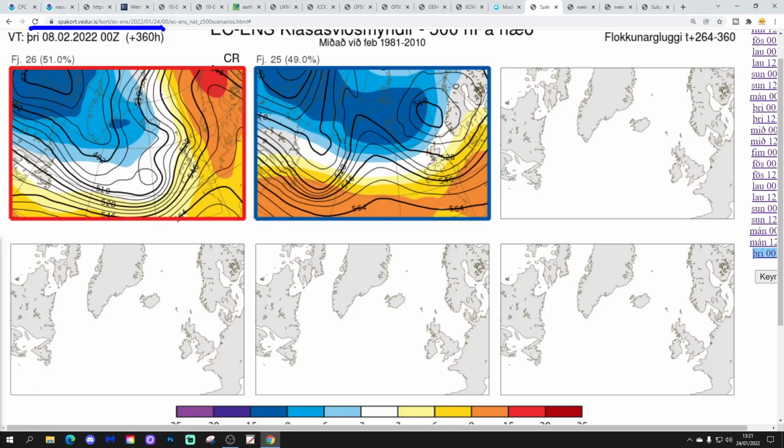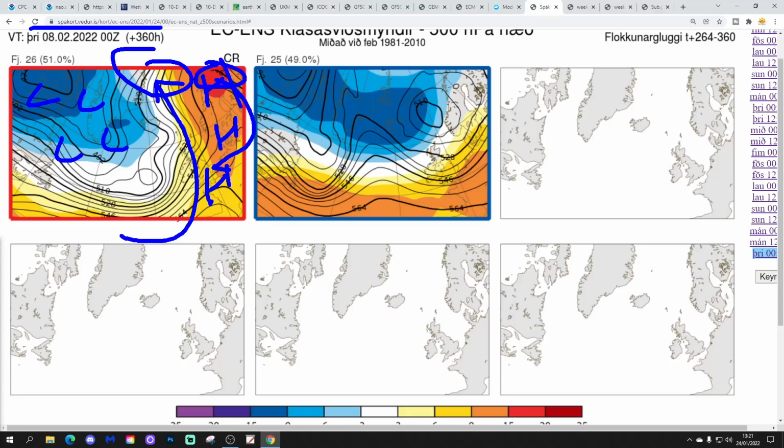In 2 weeks' time, these are the options that we've got. So this will get us to the 8th of February, 26 members of the ECM ensembles with low pressure out to our west, high pressure building over and to the east of the country. That high pressure is trying to get up to Scandinavia. This is probably quite mild up to that point with winds in from the south. We might have some warm air advection going on with that, and so promoting a ridge over Scandinavia, just whether the wind would be able to get into the east or not, or whether we would keep the wind from a southerly or southwesterly direction. However, that is a little bit interesting.